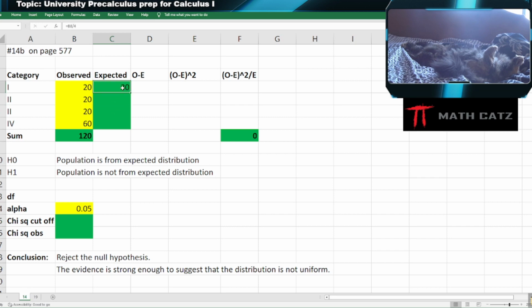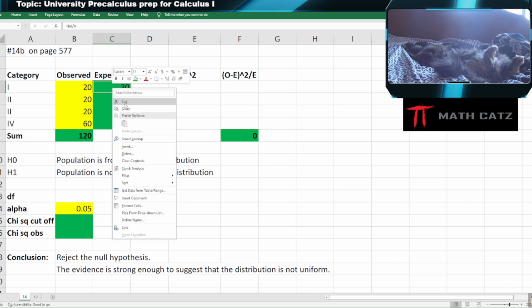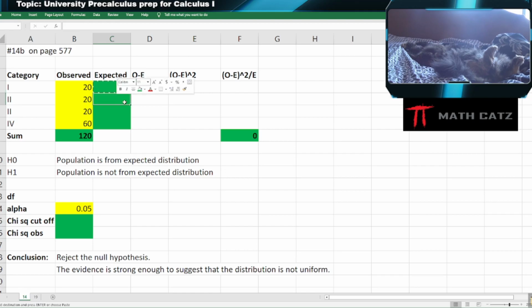So I'm going to copy this. I could right click, copy and paste, or I can also click on my cell that I want to copy and hover the mouse over the bottom right corner. You see the icon changes, and then I'm going to drag it down